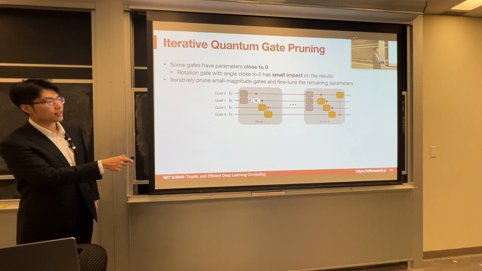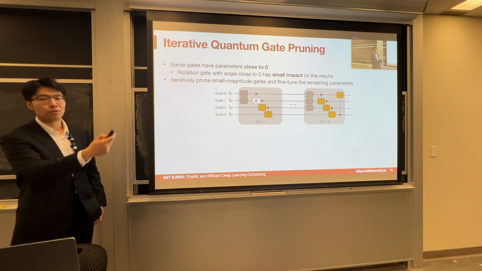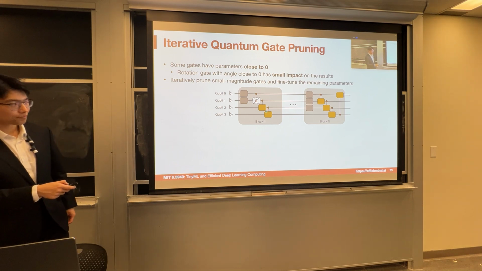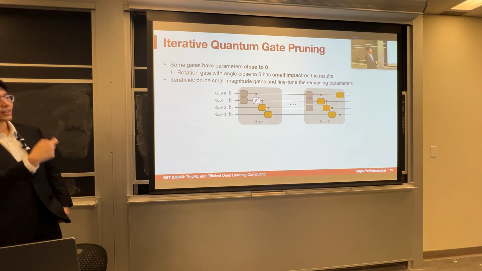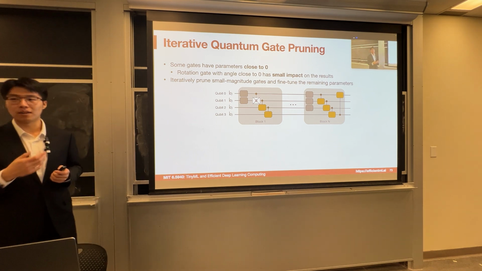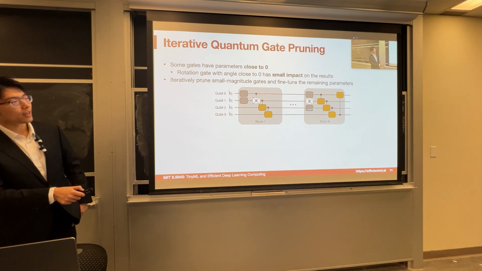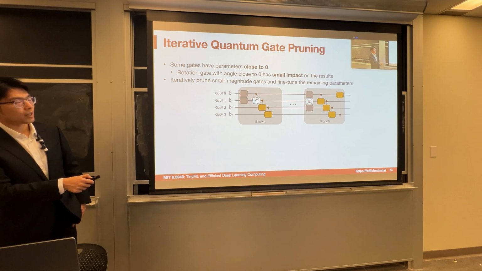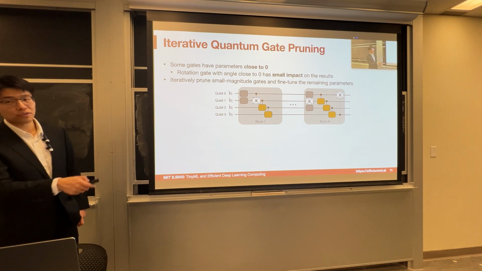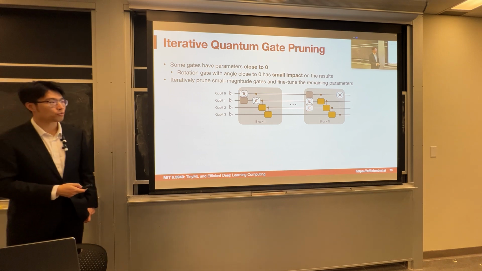So we just remove this gate with values very close to 0, and also of course very close to 2 pi, because sometimes there is some cycle between those values, say a rotation gate plus 2 pi, that's the same as the previous one. And also during the training, we can find some threshold to remove and prune away those very inessential gates, and then we can fine-tune the later layers